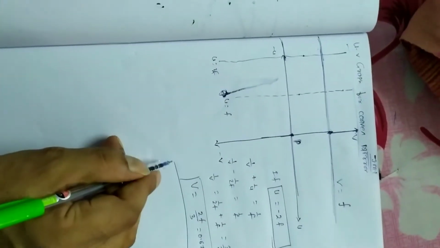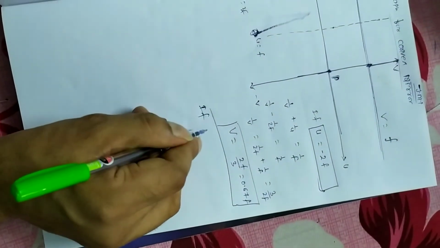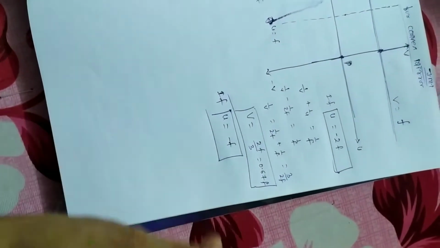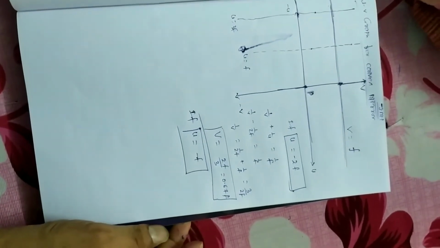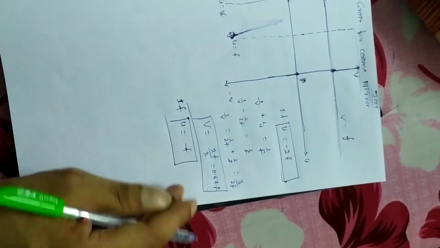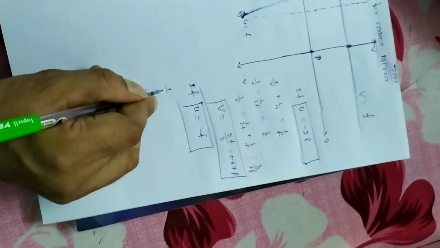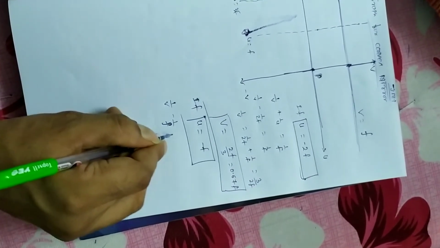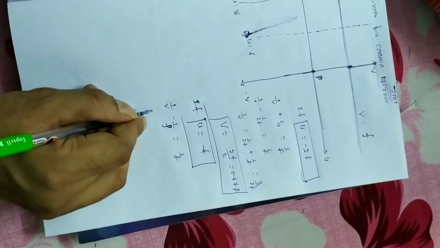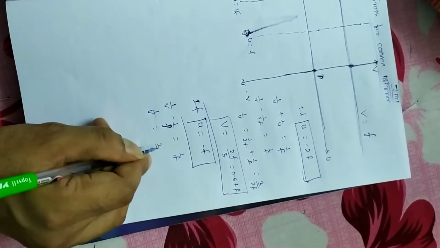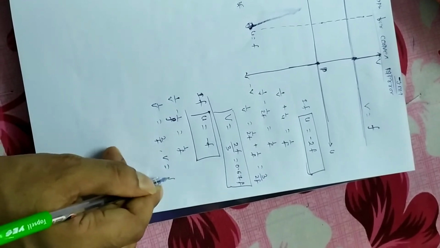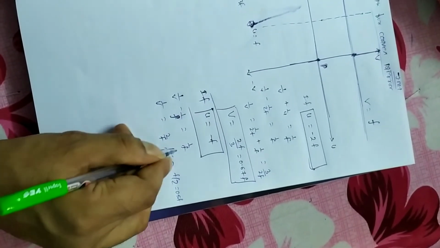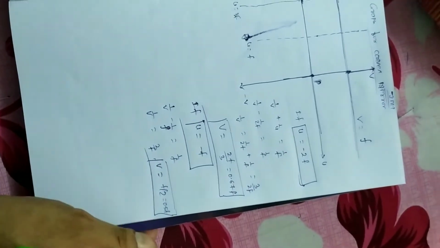Next case, if u is equal to minus f, tell me, the object is at focus, then where will the image be? According to concave mirror, at infinity, but right now it is not possible. See, 1 by v minus 1 by f is equal to 1 by f. So 1 by v is equal to 2 by f. So v becomes f by 2, or you can say 0.5 f. V is 0.5 f, right? Okay, take at pole.